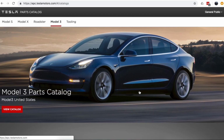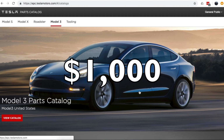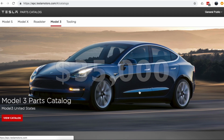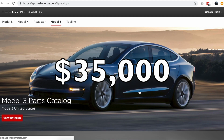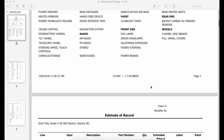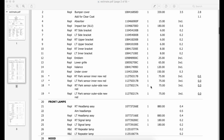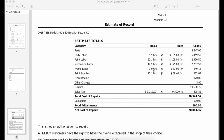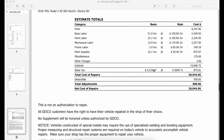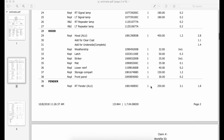But let's do some quick math here. If you do really want this car and you don't live in California, it's going to cost you about $1,000 to ship it anywhere good, and that brings you to $35,000 for a wrecked Tesla Model 3 on your front doorstep. Now, a wrecked Model 3 doesn't do much good, so I have a copy of the body shop repair estimate in hand. And when this car was wrecked, it went to a Tesla certified body shop to get an estimate. And looking this over, the cost in parts alone is $8,000 and labor is $10,000. Paint, about $800 or so. So with all that, you're looking at additional $19,000 to fix this front-end collision Model 3, bringing the total to